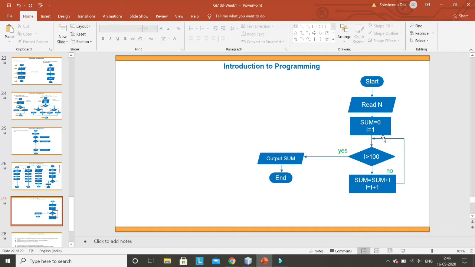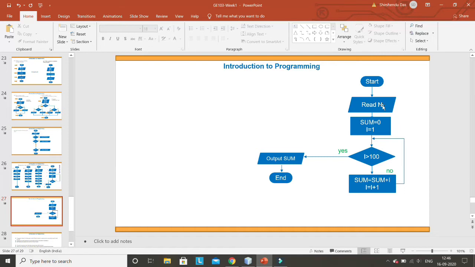And here the value of n is not fixed, right? Assume that you write a scanf function for this in your C program, so the value is not fixed. Sometimes you will enter 10, sometimes 50, sometimes someone will enter 200 also. Whatever the value, it must add all the values from 1 to n. So how to perform this sum?